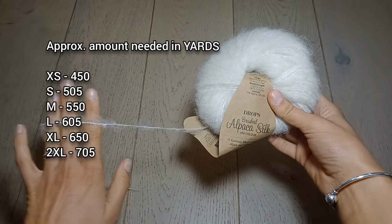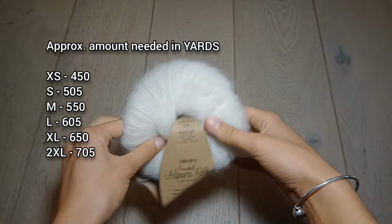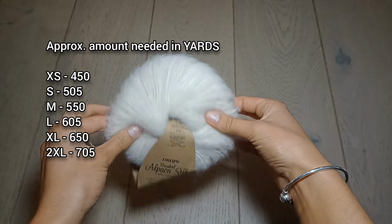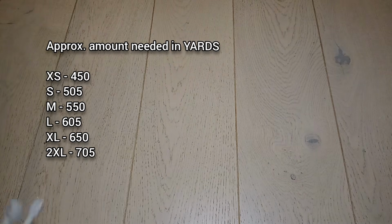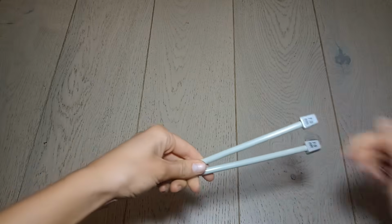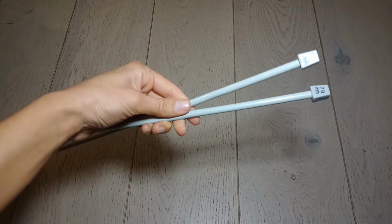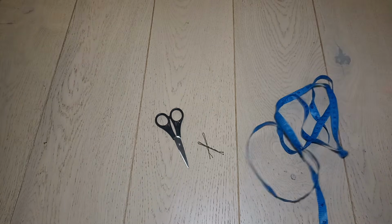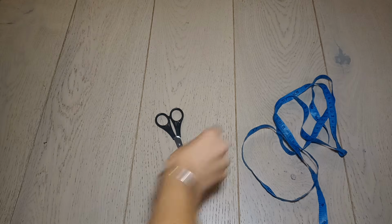Okay, so you're going to need some mohair style yarn. I'm using Drops brushed alpaca silk. It's 77% alpaca and 23% silk, and it's an aran / worsted weight yarn. You're also going to need some 7mm needles. You can use straight needles or you can work back and forth on circular. And then you also need some scissors, 2 stitch markers, which I'll just be using bobby pins,